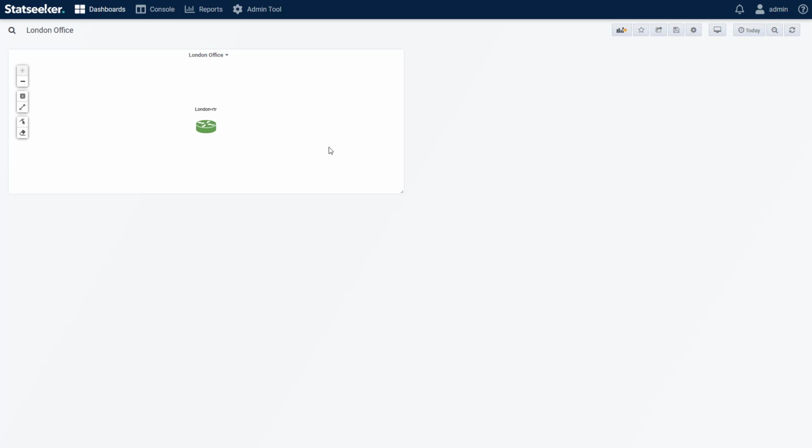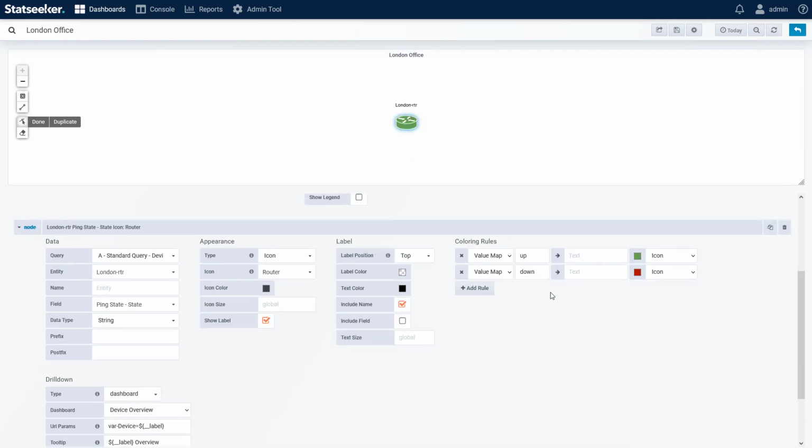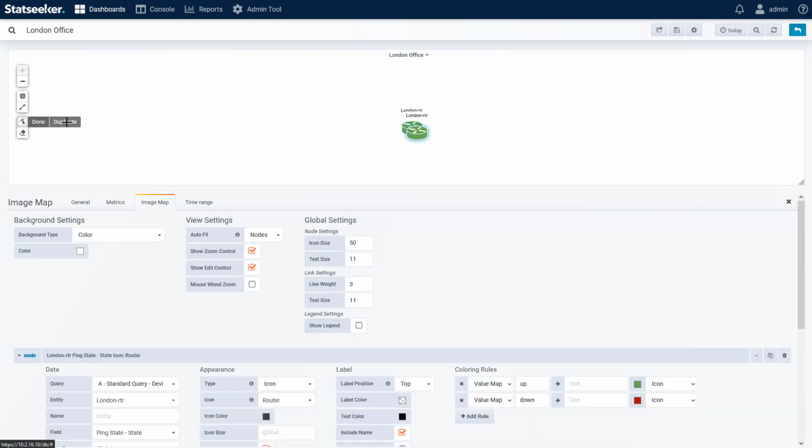Now, the reason I use the reference rather than a static value is that I'm going to add a bunch of ping state nodes, just like this one. So rather than go through this entire configuration for each node, I'm just going to duplicate this configuration, and I can do that from the configuration block or from the edit tool in the panel. The edit tool is a good option because after duplication, I still need to reposition, update the entity,